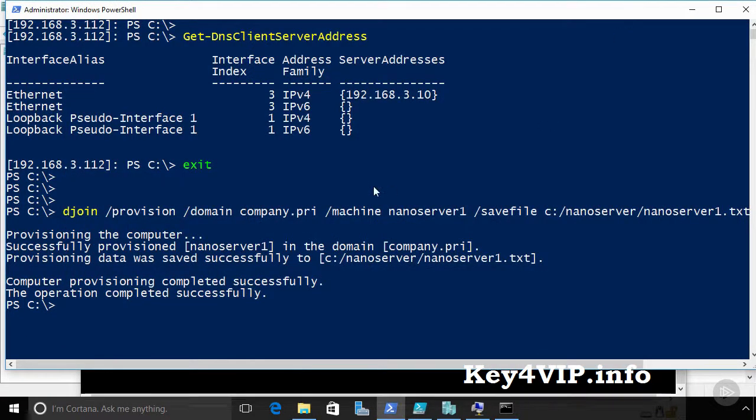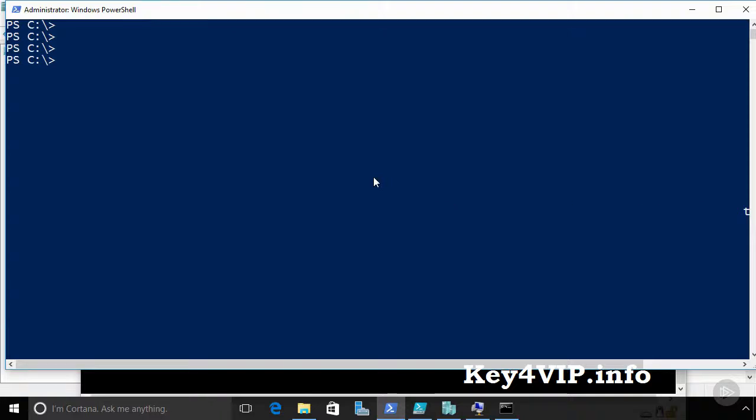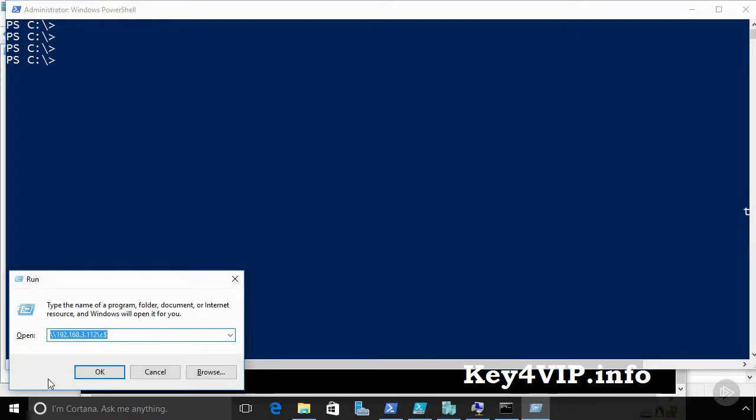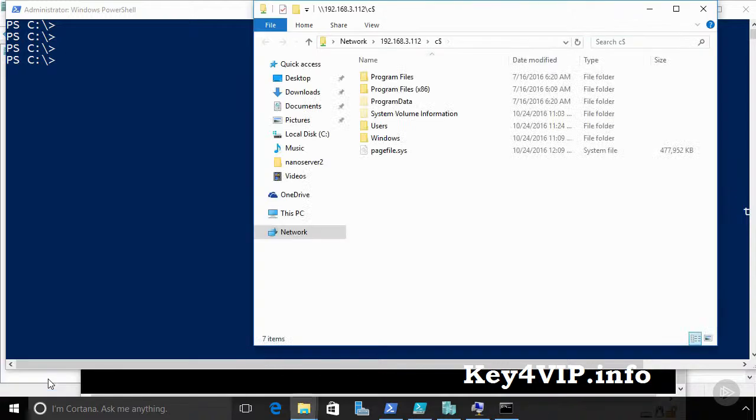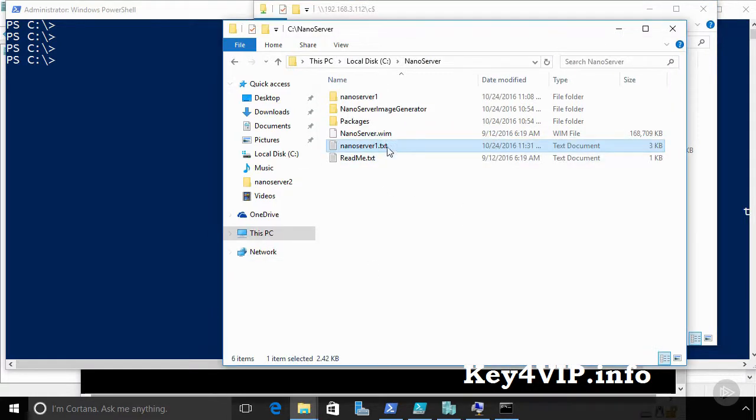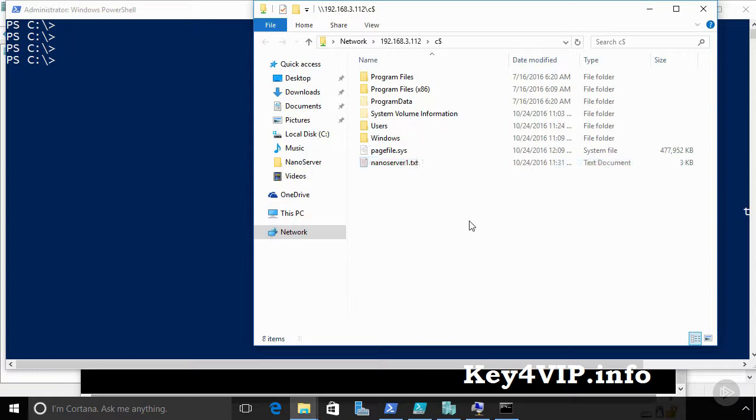Let us come back here and now create a connection to that Nano Server so we can copy this file over. To accomplish that, I can connect to this Nano Server just like I would any machine. Let's come down here to 192.168.3.112\c$. And if you have all the appropriate administrator passwords entered in, I actually went through that already in the background, you can see a copy of the C drive here on our Nano Server. Let us now copy this file that we just created over to the C drive on that remote machine. That file is right here, nanoserver1.txt. And if I make the copy and paste it there to the root of C,